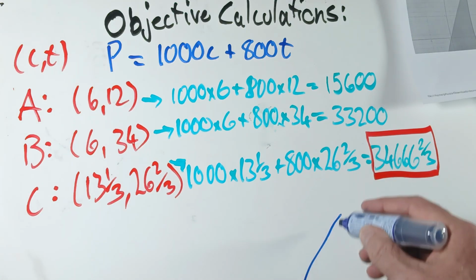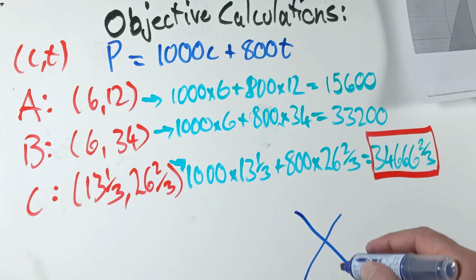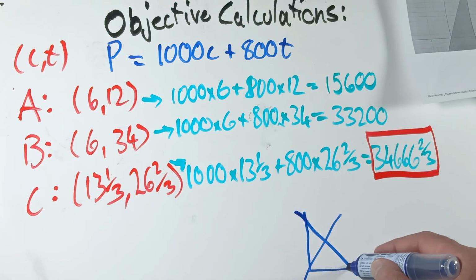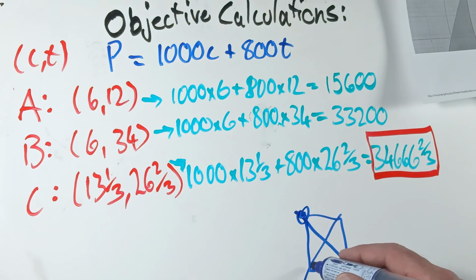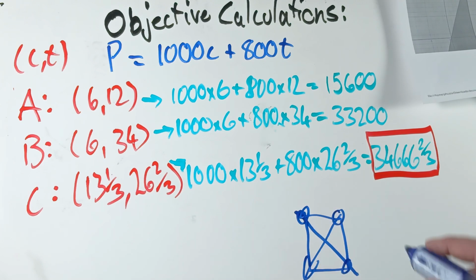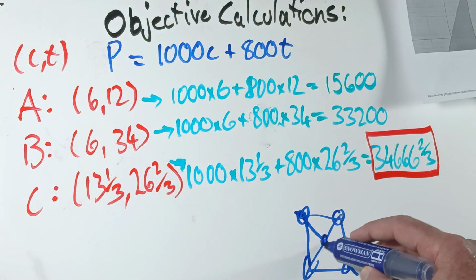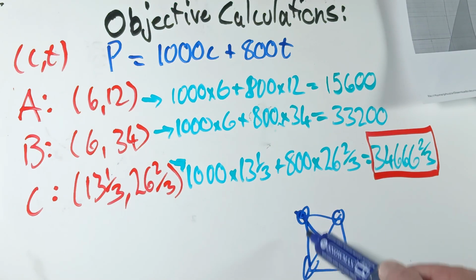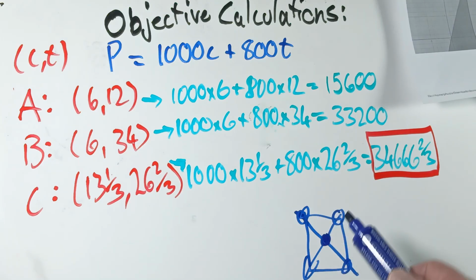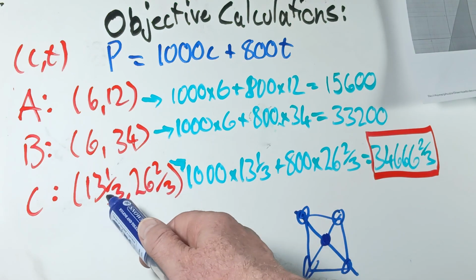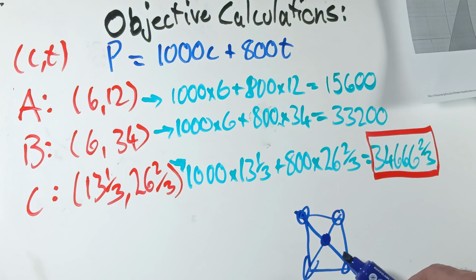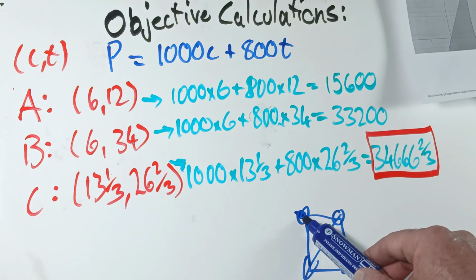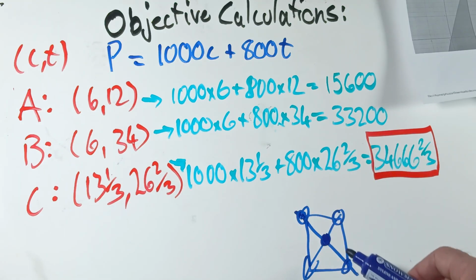One line going this way, one line going this way, and a square around it like this. We have to check these 3 points here on the square, because this is the actual value we found, and we need to know whether or not the nearest points are in fact the best points. We rounded one up, this one, and we rounded this one down, so we ended up choosing this point here, slightly up and to the left,